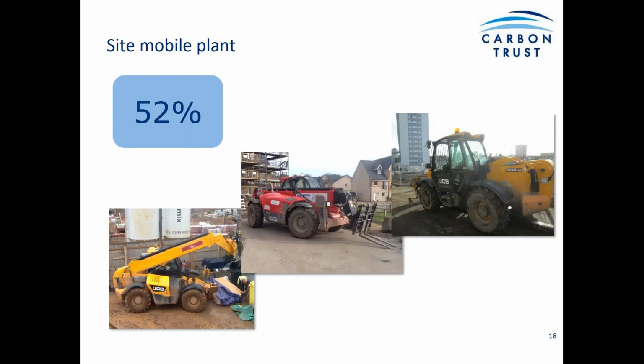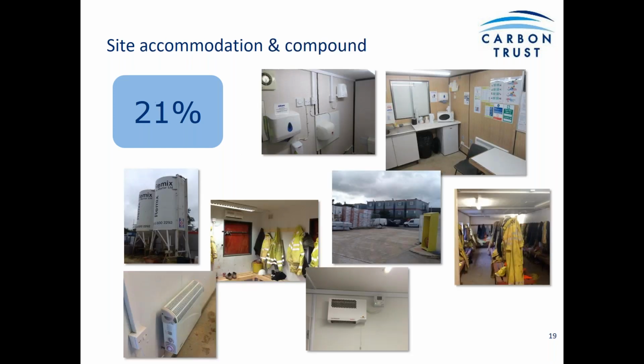In terms of what that looks like, you're all going to be familiar with the kind of mobile plant that is on a typical site. Ordinarily, it's dominated by the telehandlers. In terms of the accommodation and compound, as we've talked about, you've got the silos, but then the kitchen areas, the drying rooms. These are the compounds, and the accommodation is all